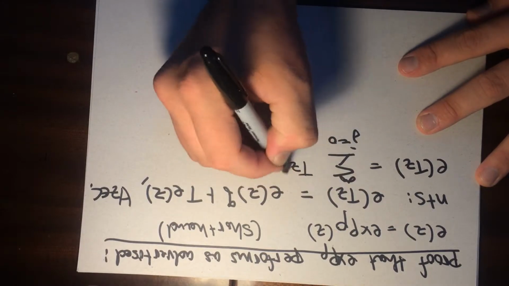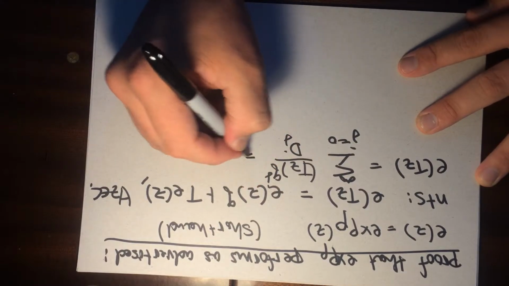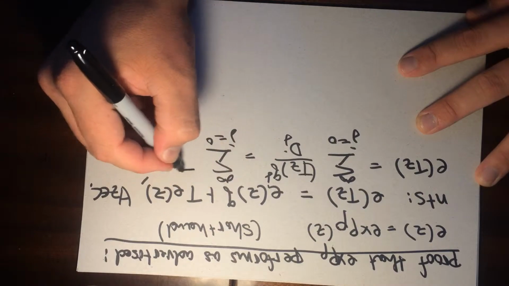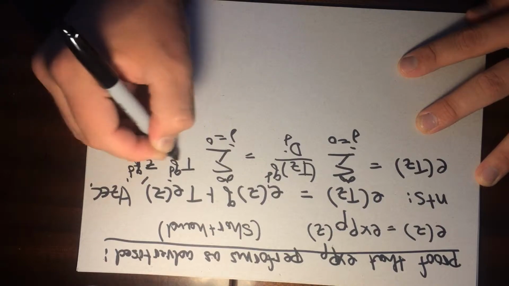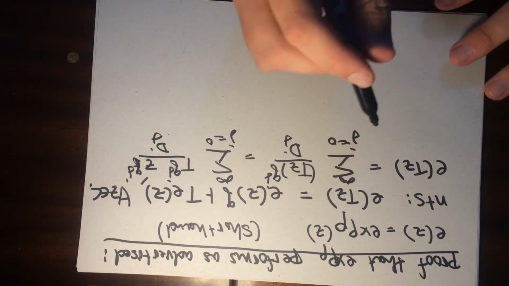So this is e(Tz), the sum from 0 to infinity of (Tz) to the q^j over D_j, so this is T^(q^j) z^(q^j) over D_j here,